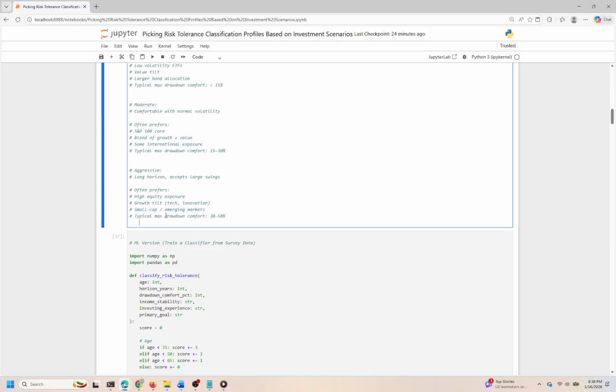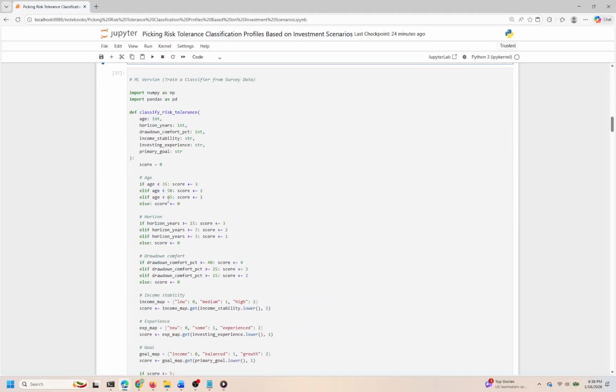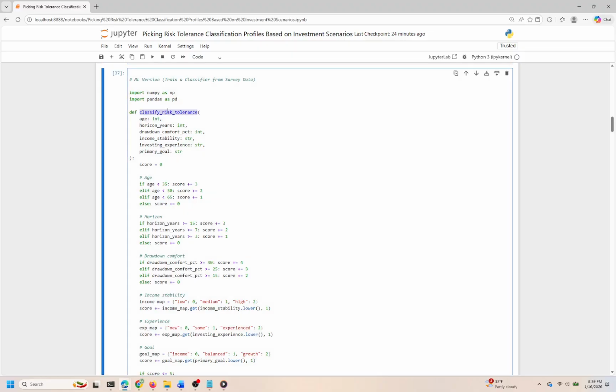Cell 6. In this code cell, we're diving into the development of a classifier that assesses risk tolerance based on survey data about potential investors. This analysis is crucial for tailoring investment strategies to different profiles, ensuring that recommendations align with individuals' comfort levels and financial goals. The first part of the code defines a function called classify risk tolerance, which takes various parameters, including